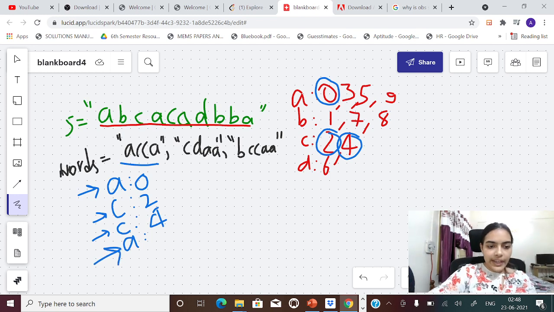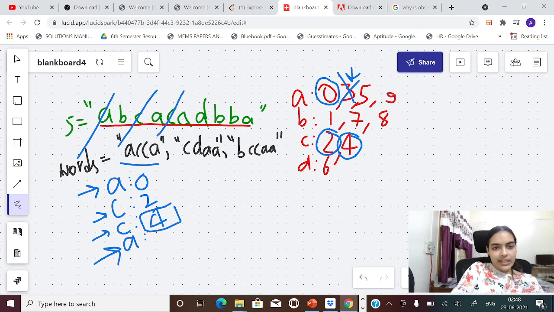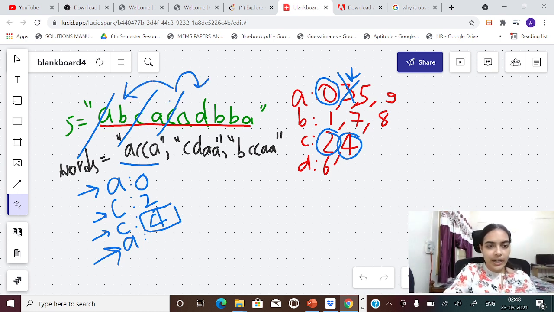Next we have to find A. You see that A is occurring at position 3. But do you take that? No, you will not take this. You have to take only after position 4. Why? See, what is your current ACCA? First A, then C, then C. So you have to find it in order, in sequence. So you have to take only after this last C. You cannot take previous instances, right? You cannot take this A. You have to take this A only.